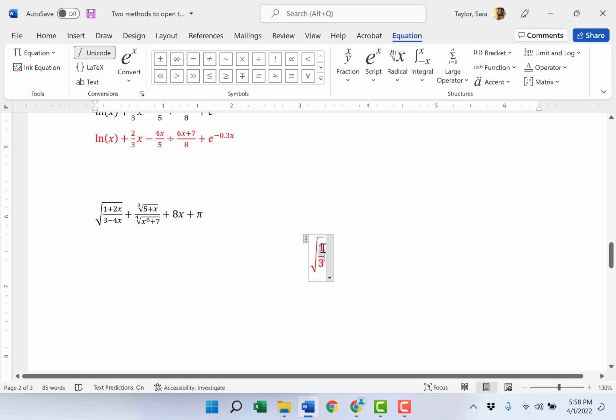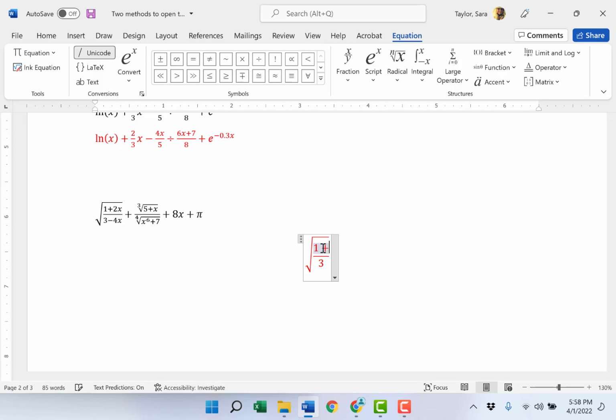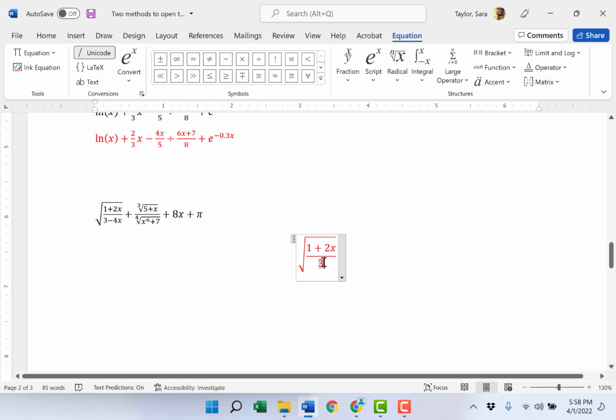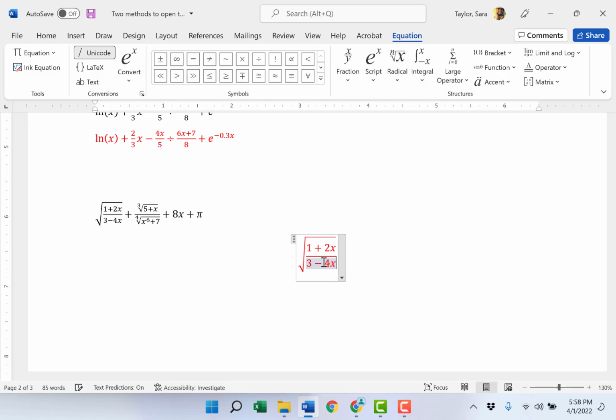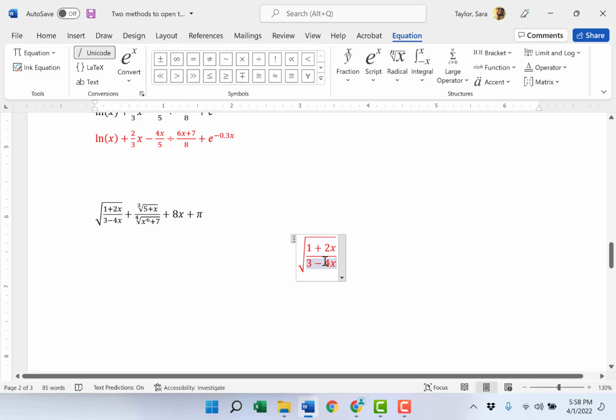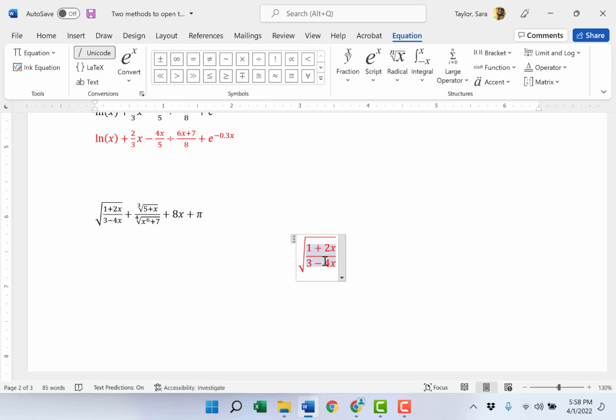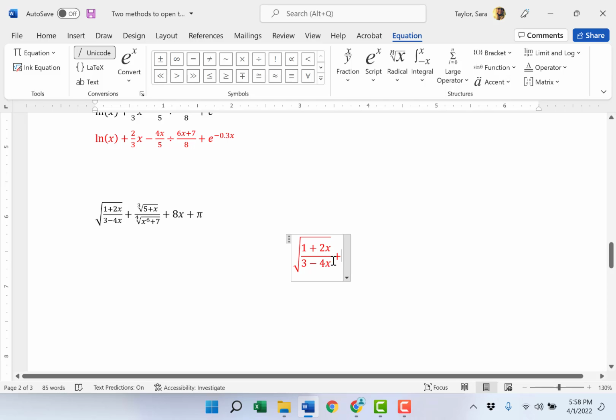It creates a fraction, and now I can go up into the numerator of the fraction and edit it. And go down into the denominator of the fraction and edit that. Once I'm done, I'm going to arrow out of the fraction, but my cursor is actually out of the fraction, but it's still under the radical. So I need to arrow out one more time. Now my cursor is outside of the radical, and when I press the plus symbol, my plus symbol is